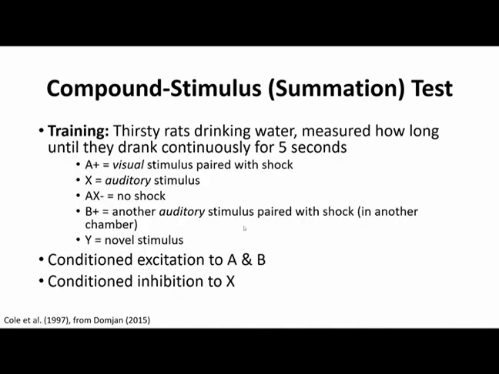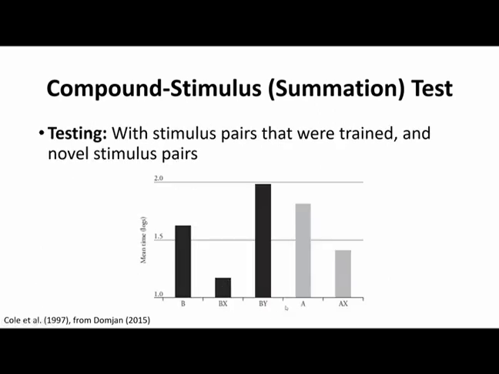Because from our setup here, we never put B and X together. So the only way they could have learned about X was from its association with A. And so they treated X with B the same way they treated X with A, so they've generalized and called it a conditioned inhibitor. Now this is where Y comes in, and Y was set up as a novel stimulus,